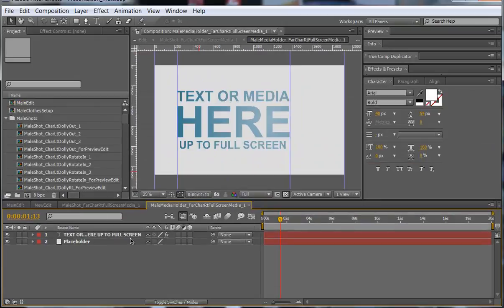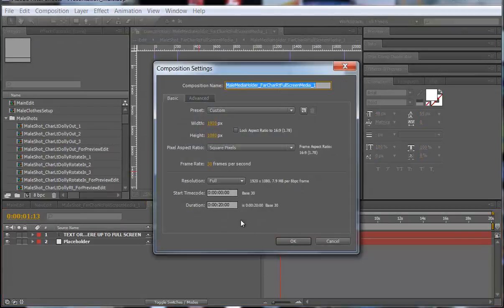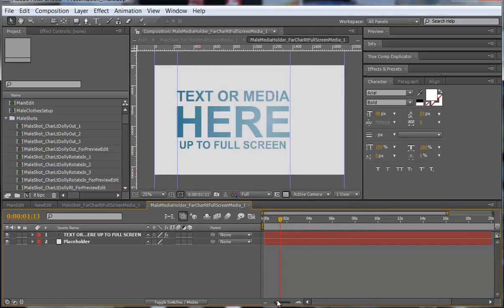and composition settings, 25, hit OK, zoom out,